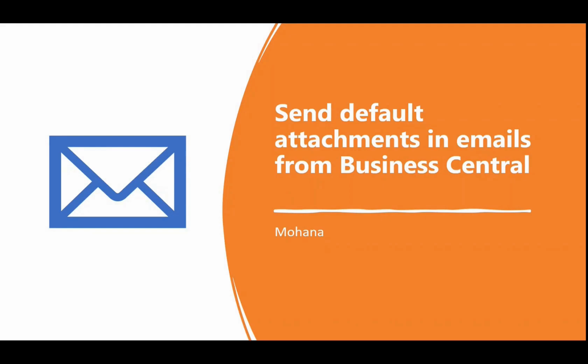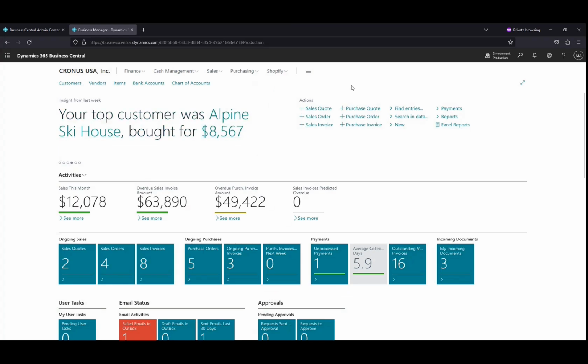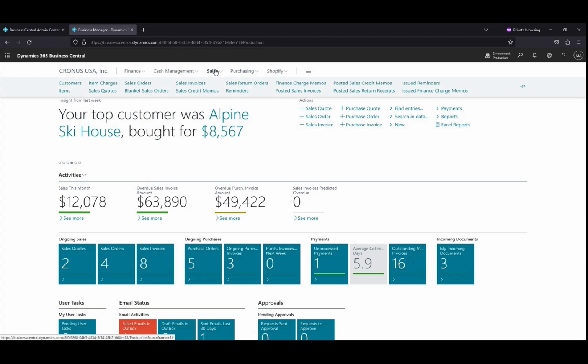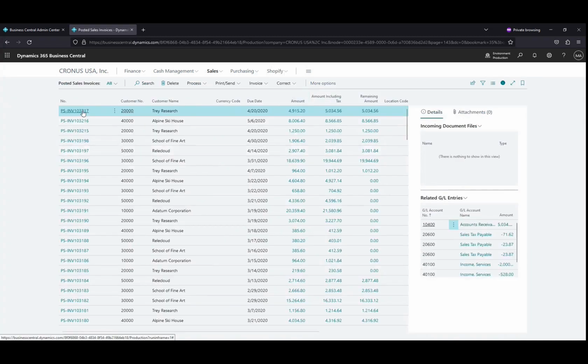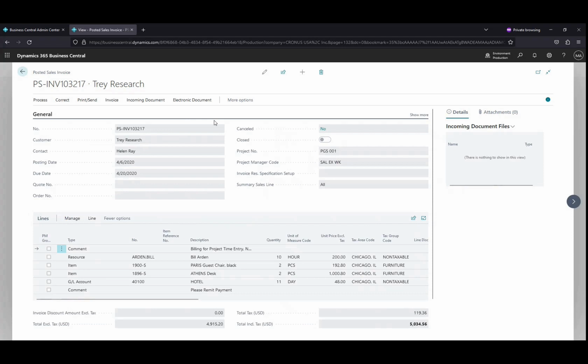Today we will check how to send default attachments in emails from Business Central. So first, let's get into Business Central and see how we send emails from, for example, posted sales invoices. If we go to posted sales invoices,